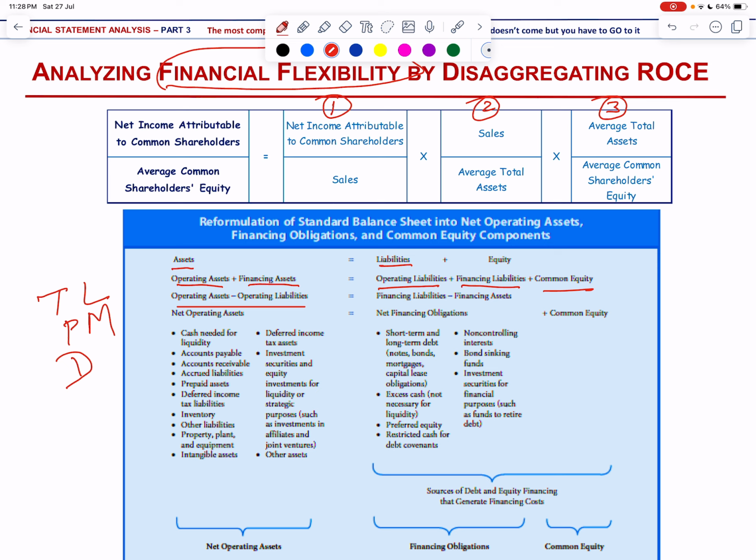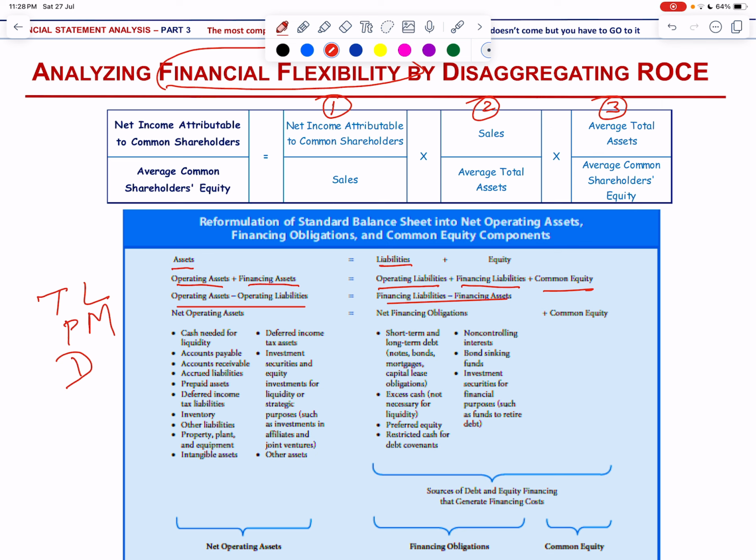Financial assets and liabilities, on the other hand, are sources of capital that fund these operating assets. Examples include loans, bonds, and equity investments. In essence, operating items are directly tied to running the business, while financial items are related to how the business